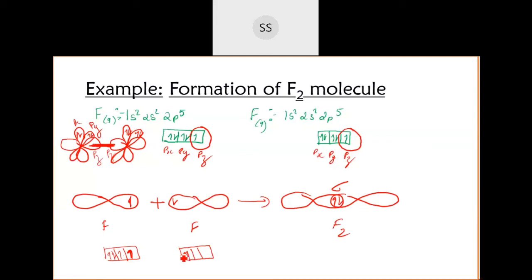Then they should be on the axis. This overlapping is not possible. You are talking about this, no? If this is the situation, will that be possible? No, it will not be possible. Because they should be able to orient themselves in the same axis. If they are not able to orient themselves in the same axis, that fusion is not possible. It should be on the same internuclear axis. So I said here Pz and then Pz, possible. But suppose it was Px, Py and then Pz, that is not possible.